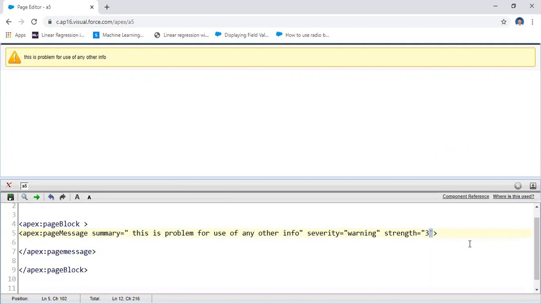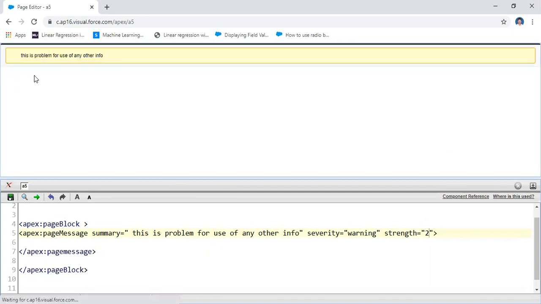I'm using strength equal to 2, and the color will change. If it is an error, the strength value changes like this. Here an error appears like this, a red warning. In this way you will write the different messages in a page block.